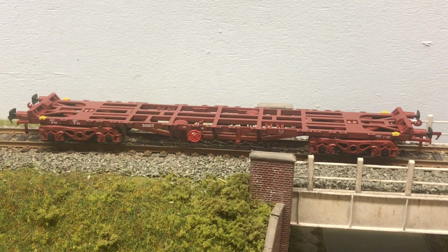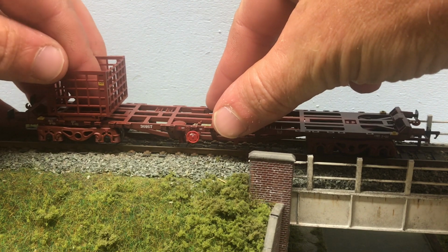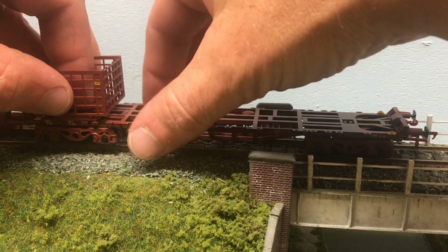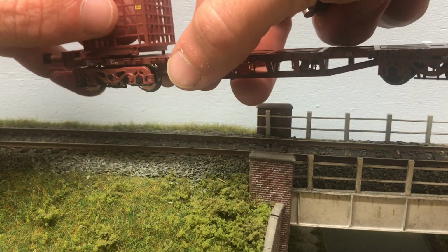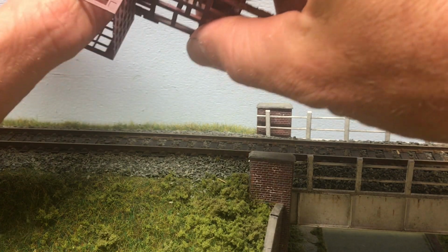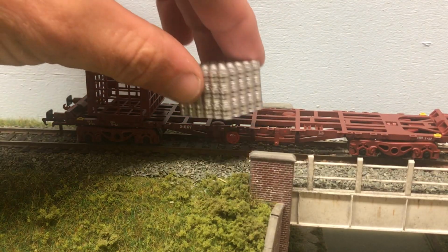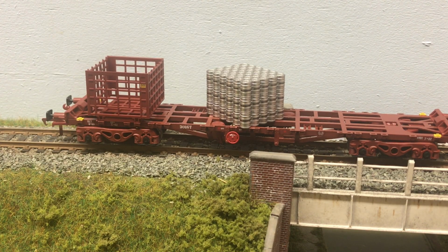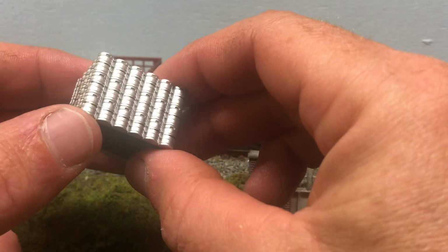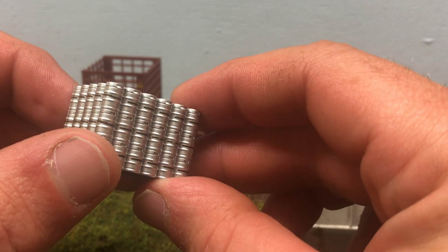Well, we obviously haven't looked at the actual kegs and crates yet, and there are 5 of them that get included with each wagon, and they just clip down onto their housings there. If you are looking to take these off, proceed with extreme care, because they are only very fine little clips, and any sort of excessive force could well damage them. But they sit down like so, and then each crate has a full set of kegs to go into it, and these are just a lovely moulded plastic, but there's plenty of detail on those. I mean, you can actually see each individual hole there where the handle would be for the carrier to maneuver those around in